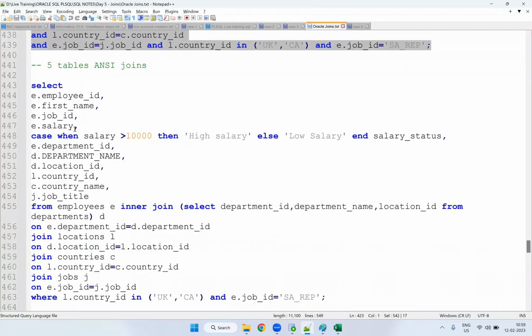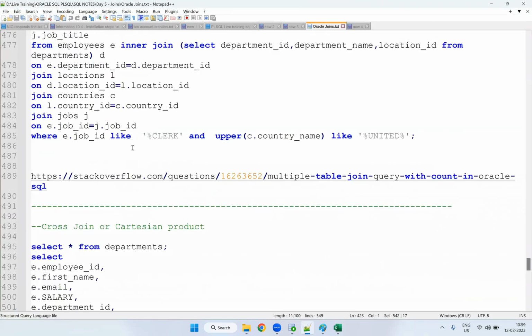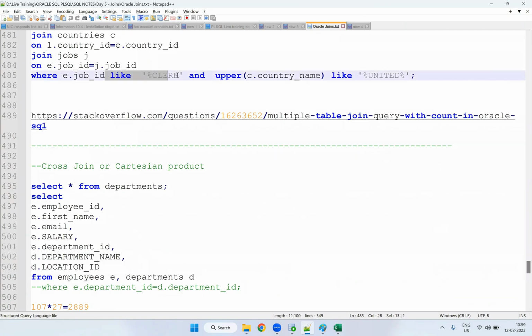Okay, 5 tables ANSI method. Yes, we have written. This is also like a keyword we have used, like